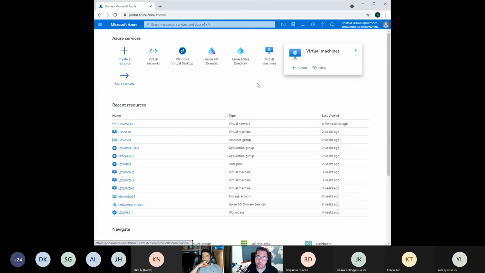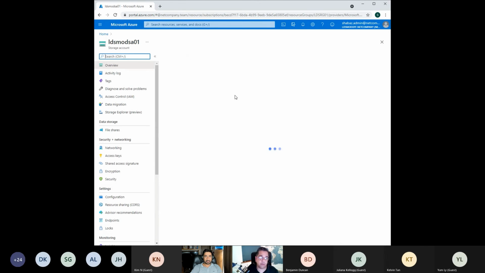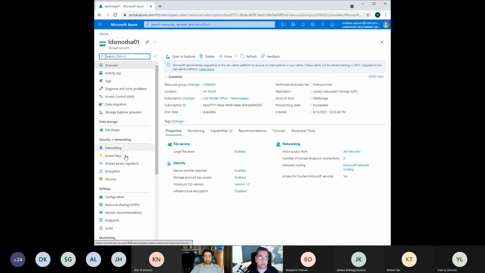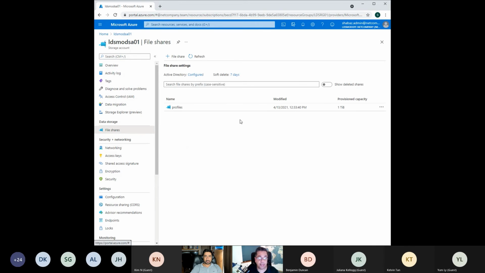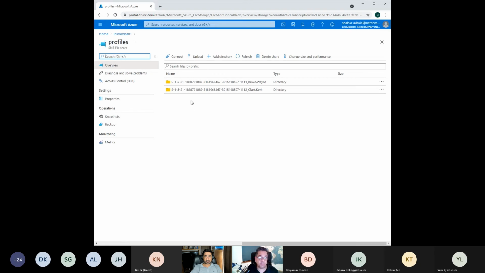I mentioned just going through the prerequisites for WVD, which I mentioned in the session earlier. And here I have my storage account. My storage account has my Azure file share for my profiles. And I already have some test